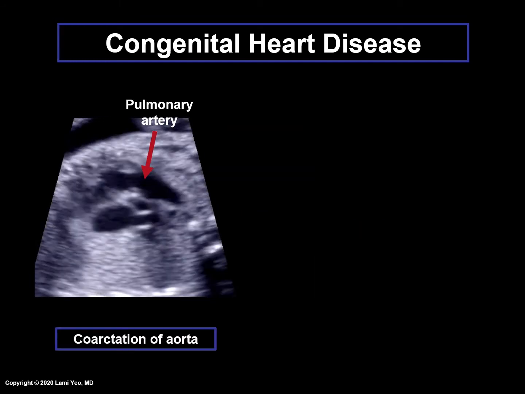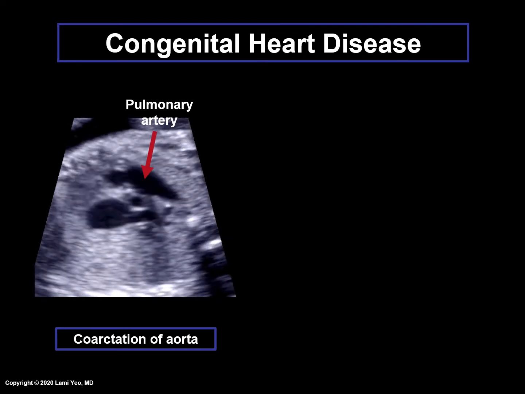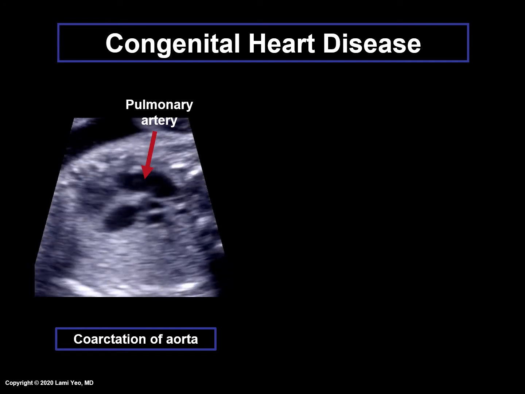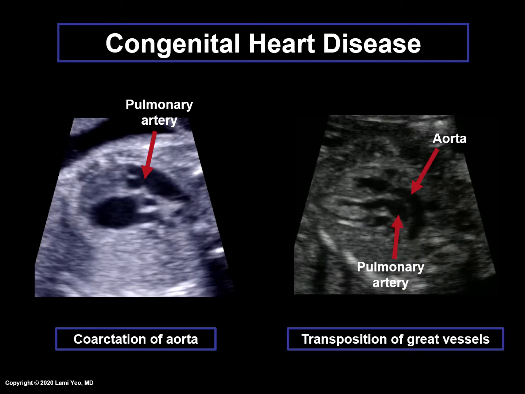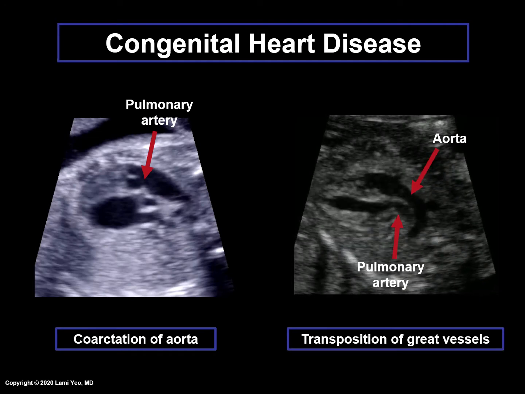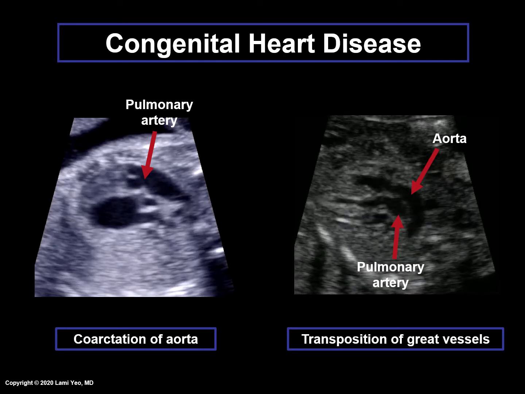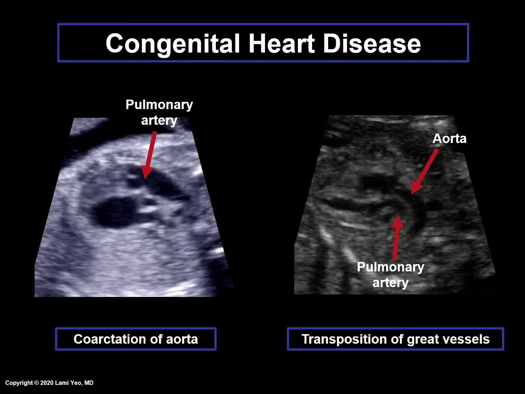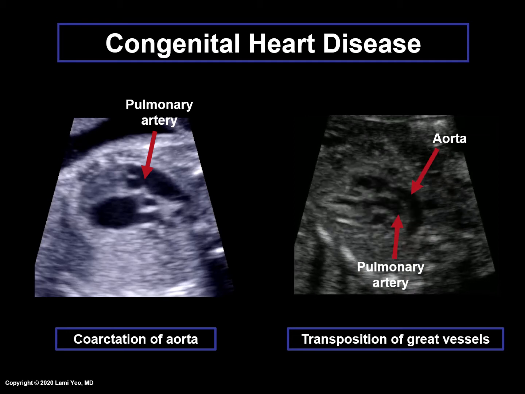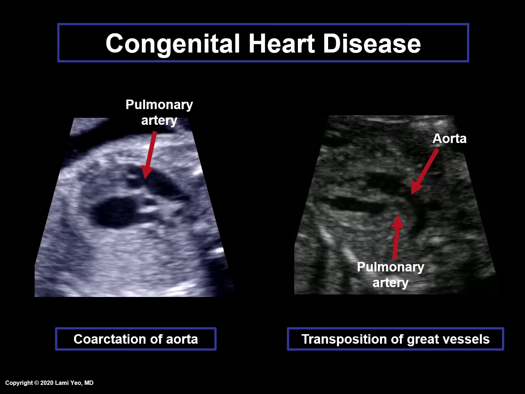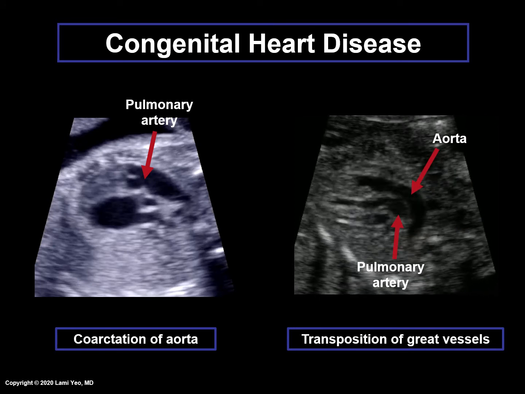For example, the fetus on the left has coarctation of the aorta. The short axis view of the great vessels shows that the circular aorta is smaller than the pulmonary artery. The right video shows a different fetus affected with transposition of the great vessels. Notice that the great vessels are parallel as they arise from their respective ventricles. For both of these cardiac defects, it is very important to diagnose them in the prenatal period, since scientific studies have shown that this may improve the outcome of such fetuses.